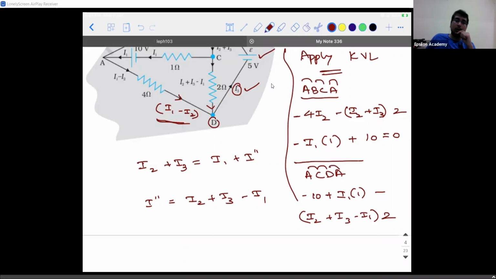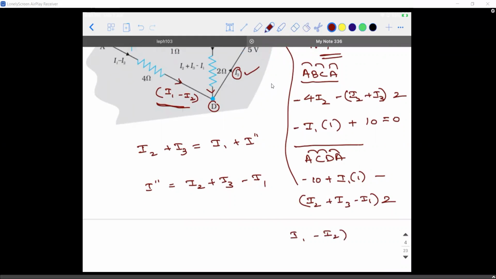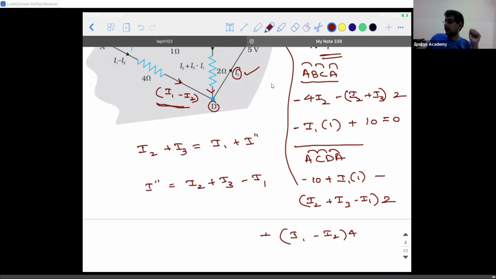Next, when you go from D to A, are you able to understand when I put this arrow mark on top like this, a curved structure, an arc kind of thing? What I do is I always have a checkpoint. When I go from A to C, the number of devices I'm encountering should be equal to the number of terms I write here. So when I go from D to A, it is I1 minus I2 multiplied with 4 with a positive sign, should be equal to 0.